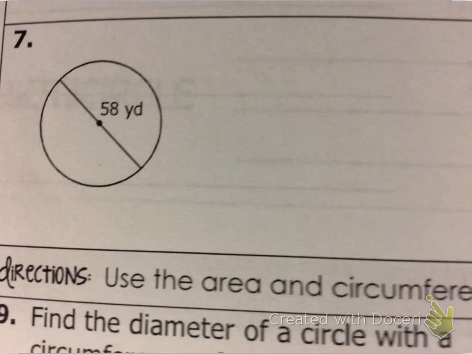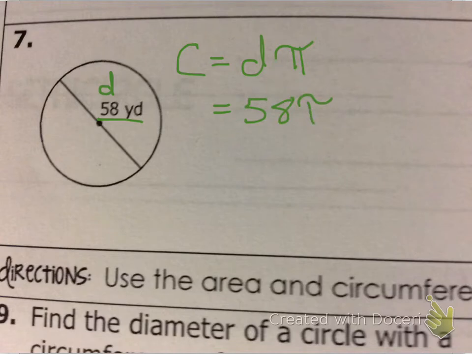Okay, on number 7, this 58 is your diameter. So you could use the diameter times pi formula instead of 2 times the radius. Keep in mind, with circumference, you have a little bit of flexibility. So you put here 58 pi, and guess what? You already have it in terms of pi. That's it. Now, if you went ahead and multiplied that out and said 58 times pi, yes, you could get